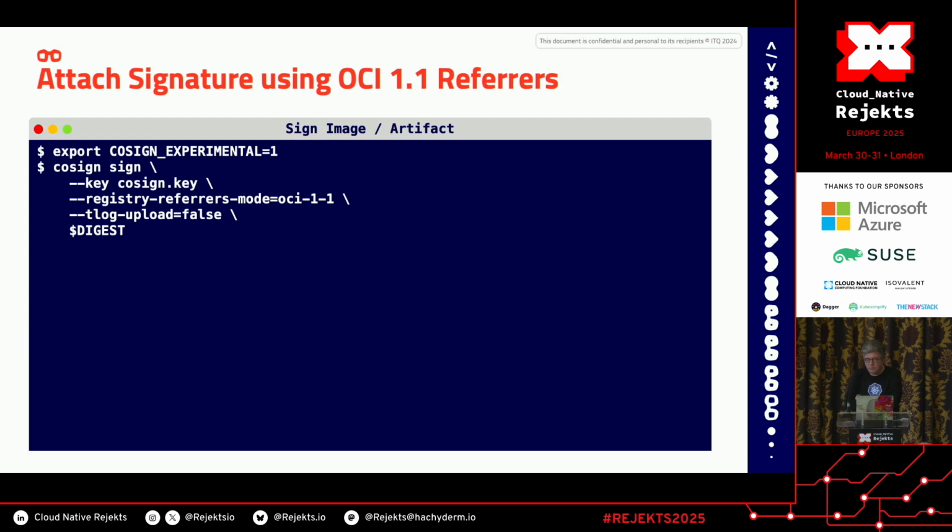And here, I use the new specification for cosign by setting an environment variable plus the parameter registry referrers mode to OCI 1.1. By default, it will use a well-known tag, as we'll see later for the attestation, that is ending with .sig, with the digest of the content as prefix.